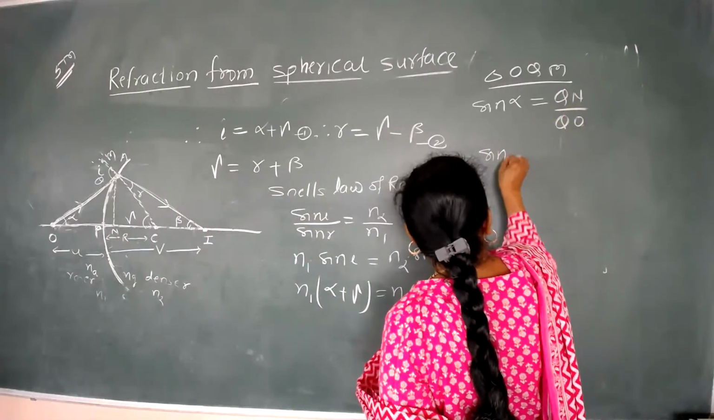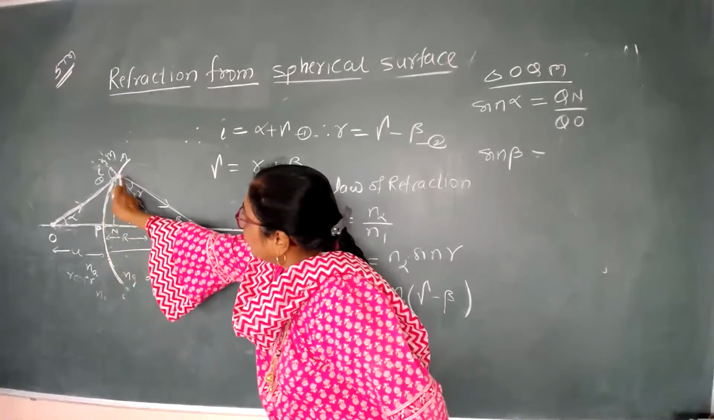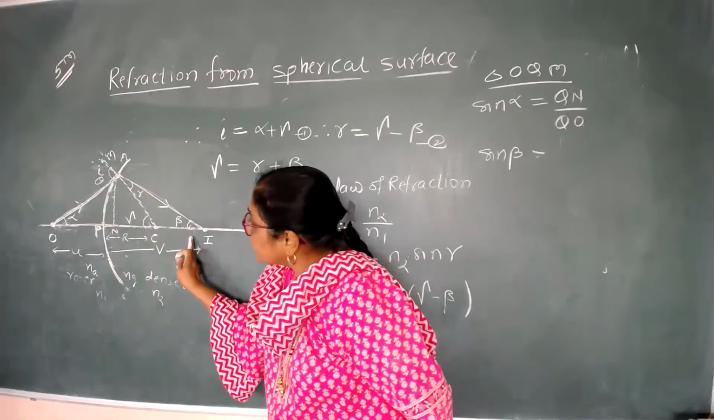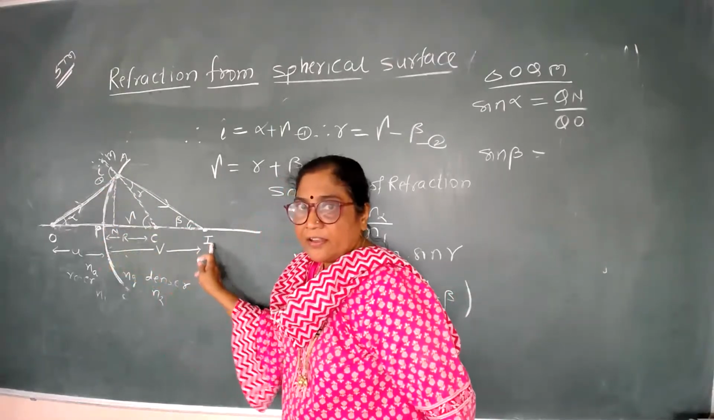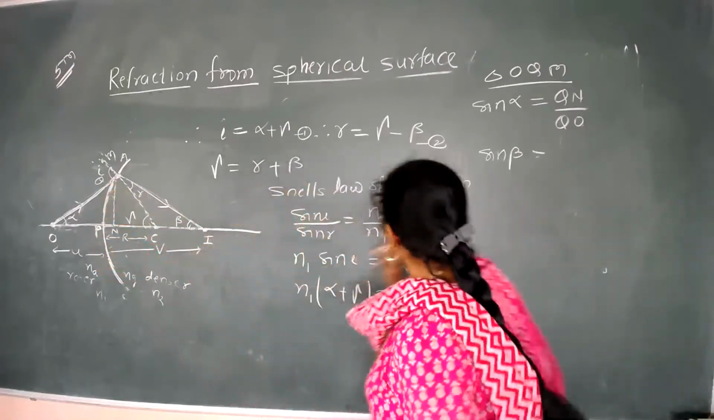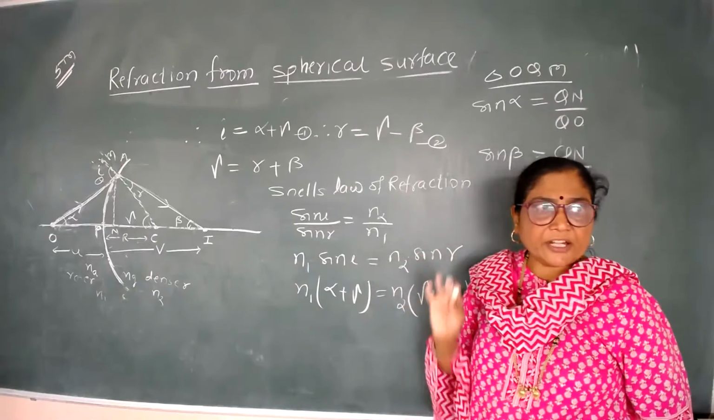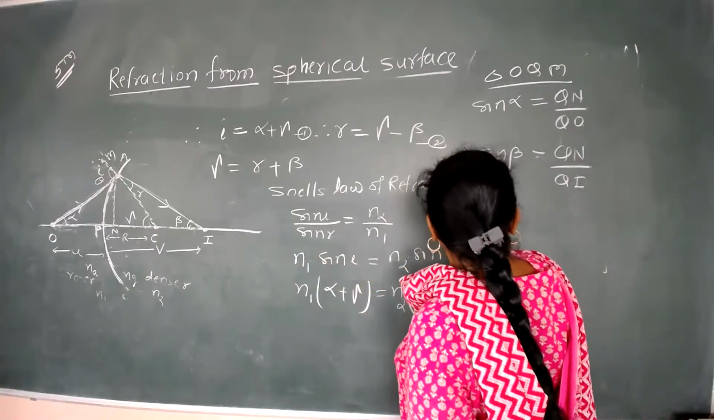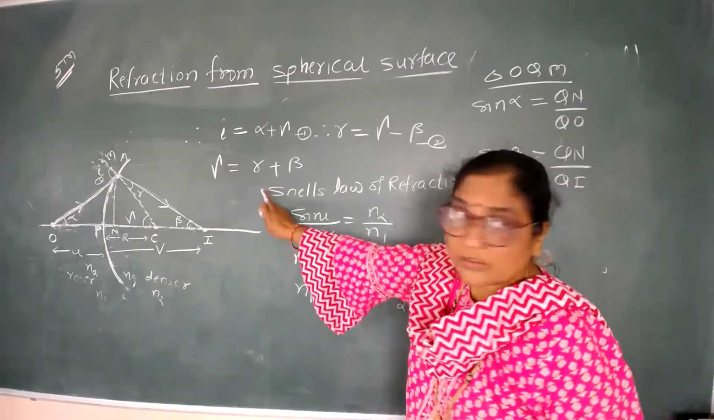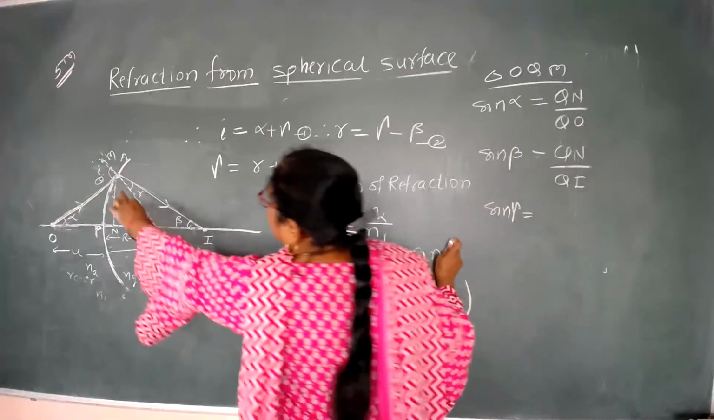Next, sin beta. Sin beta is equal to QN divided by QI. Correct? In this triangle, sin beta is equal to QN divided by QI. So substitute QN divided by QI. Next, sin gamma is equal to QN divided by